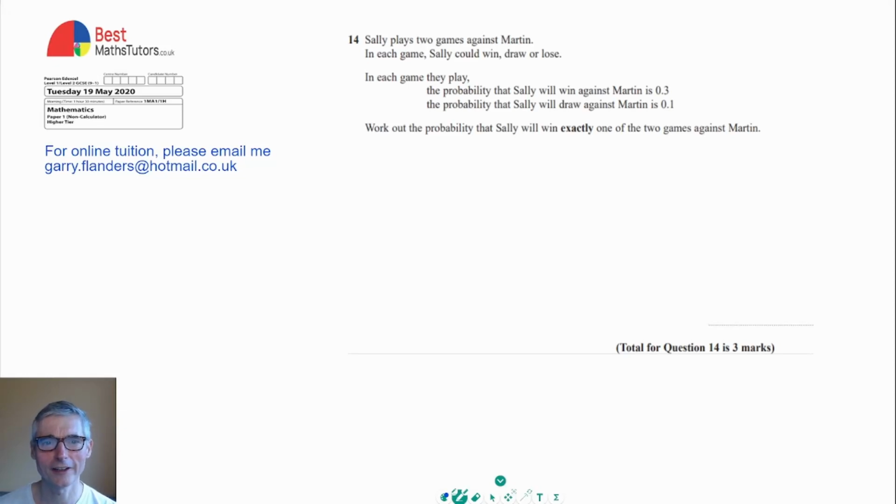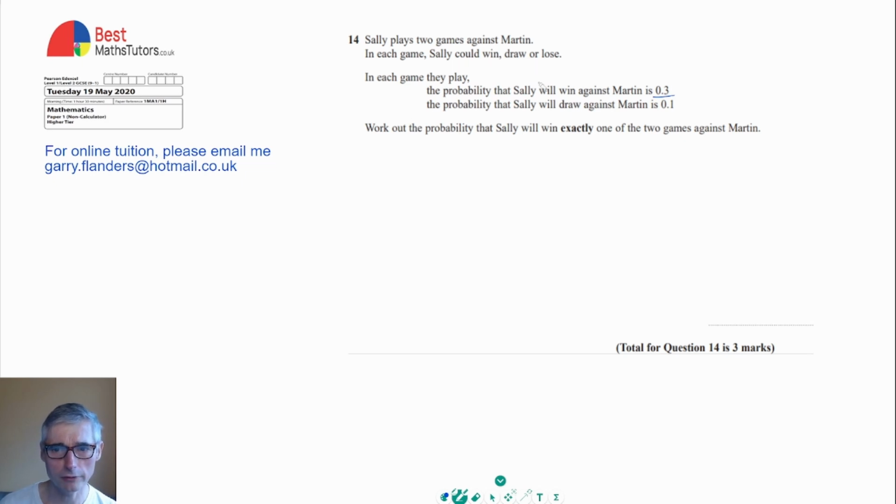I'm continuing to look at the Edexcel GCSE Maths Higher Tier Paper 1 from May 2020. This is question 14 and it's a question about probability trees. So it says here that Sally's playing 2 games against Martin, and in each game she could win, draw or